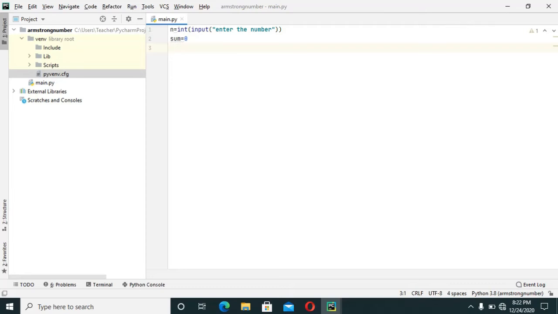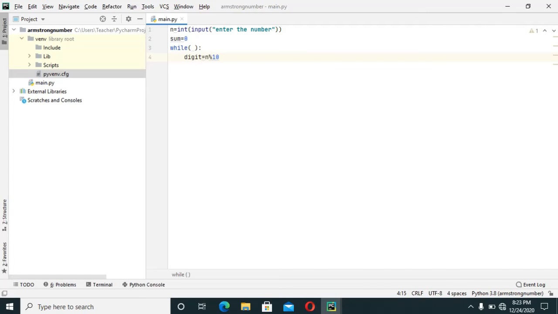When 8 divided by 10 we get 8. So in this way we are getting the digits. So I will give the condition later on. So we are using modulus operator because modulus operator gives us the remainder.